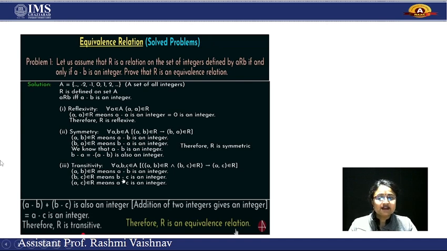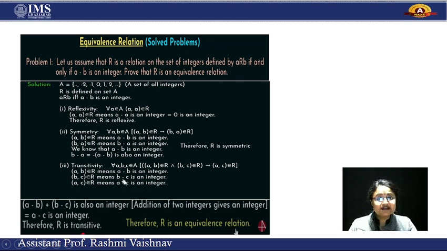If we say A minus B is related to R, A minus B is an integer, so it obviously indicates A minus B an integer. After that, B minus C, that means we have chosen the next ordered pair. And after that, we are just going to add them, like A minus B plus B minus C. Over here, minus B plus B just cancelled out. And after that, A minus C is an integer.